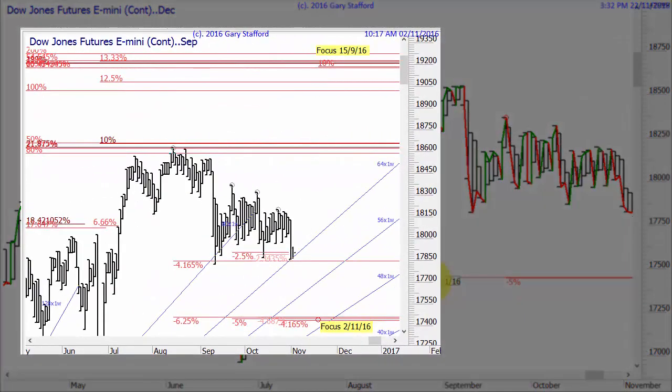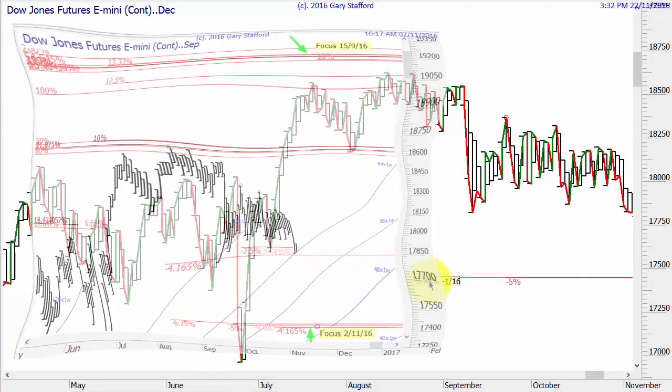Now this is the Dow future, and it's to go with the training video of the 2nd of November 2016, and as discussed in there, I'm still watching this for a major shorting level, if you can get there, which was from the focus from the training video of the 15th of the 9th 2016, and as discussed in today's video, I'm watching this level here for a possible buy. If you want to pick up my chart, it'll be KJ91 by GS.